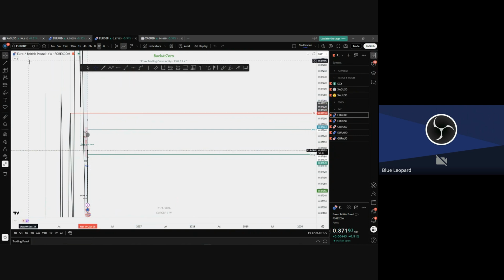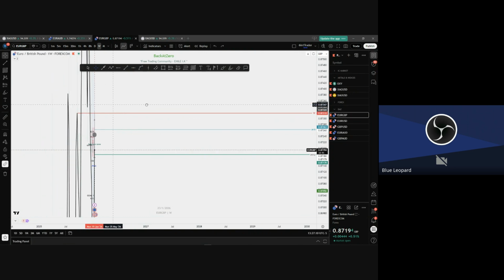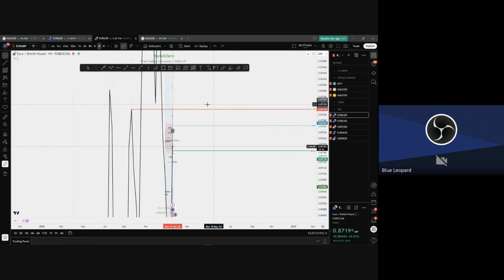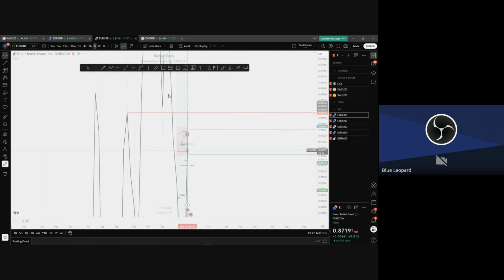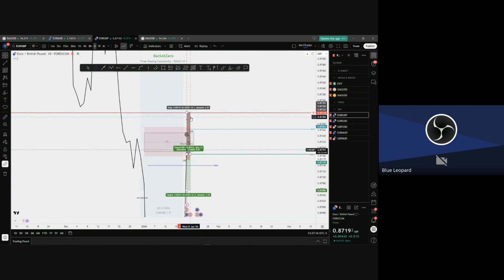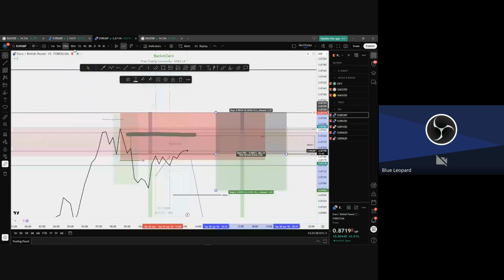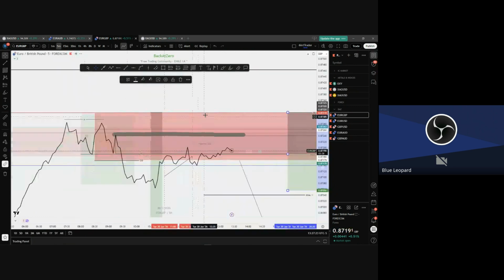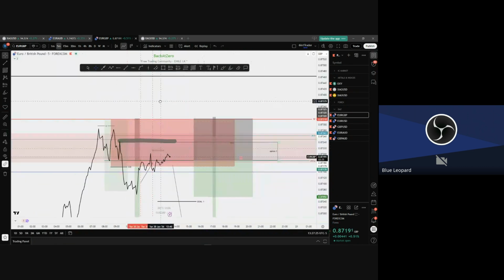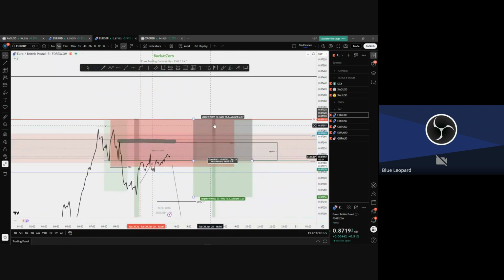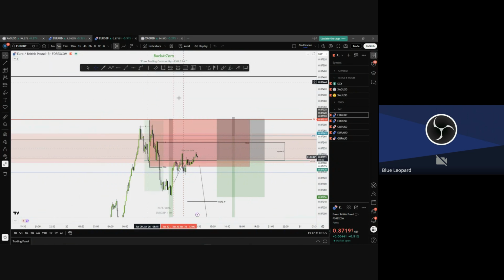We put our stop loss above it because why? Price will never go back here. It's already rejected price. Look at the wick size. Price came here, touched it, and left. Do you see that? And when price comes back on M5, I don't think price will break the weekly key level. That's why my stop loss is here and I'm safe. Okay. Now let's go back to the chart.